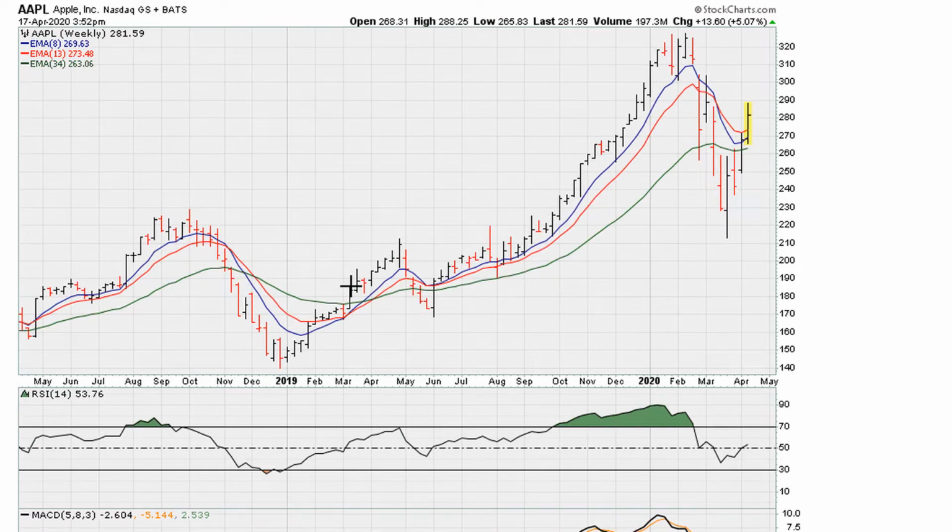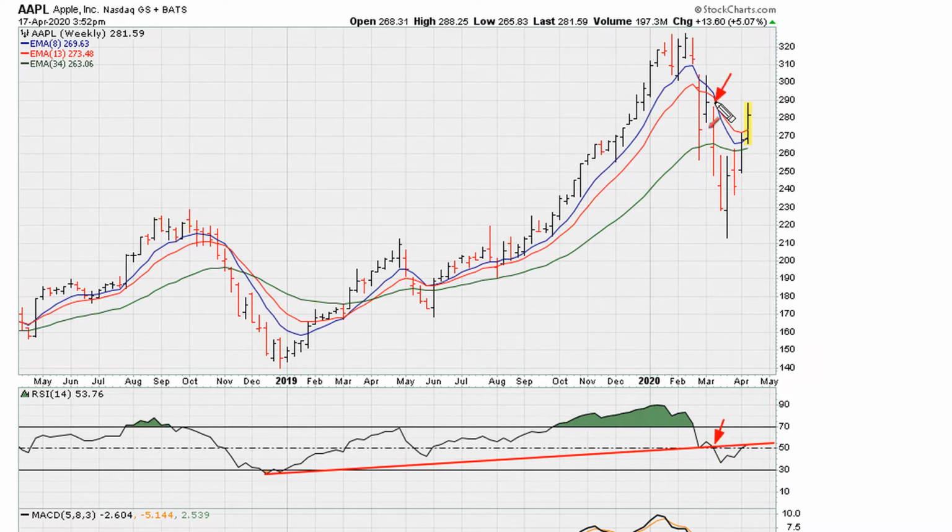Now, I thought for this week's market analysis video for the weekend, I'd begin with Apple because I think it captures the tone of the market in a way that is visually well understood. So let's begin with one line, which is this backtest line here on the 2-year weekly. I'm going to draw it like that, and what this is trying to tell us is that this is where we broke down